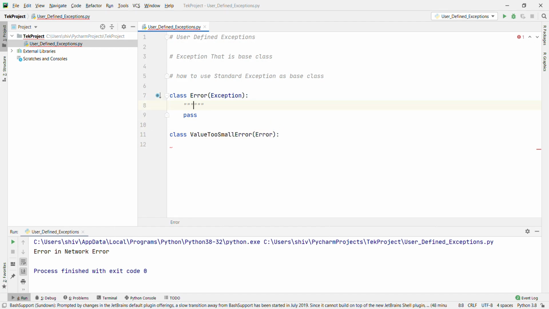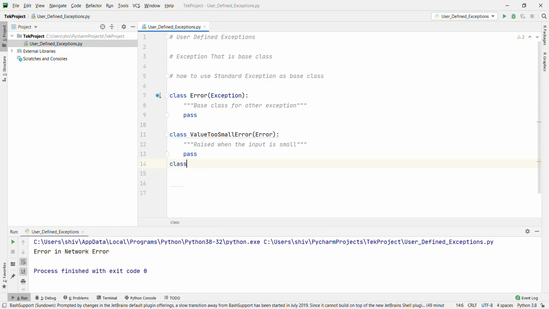Here we can write a docstring: base class for other exceptions. Raised when the input value is too small, and then pass.